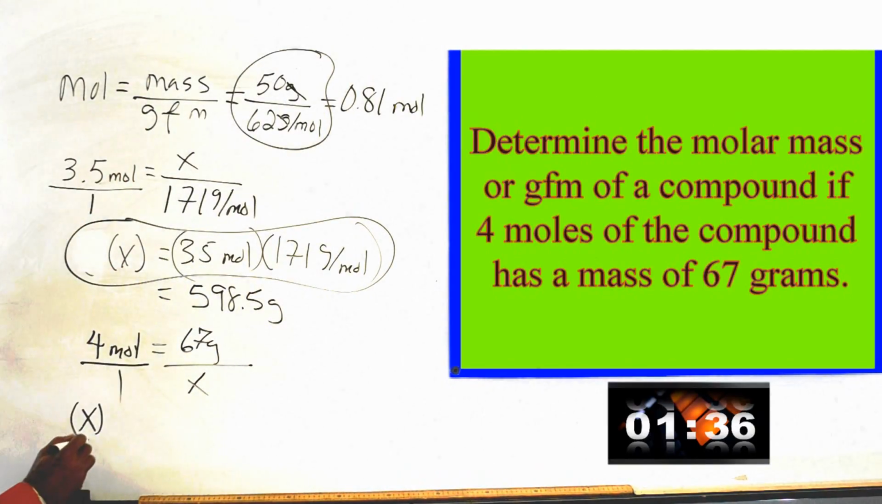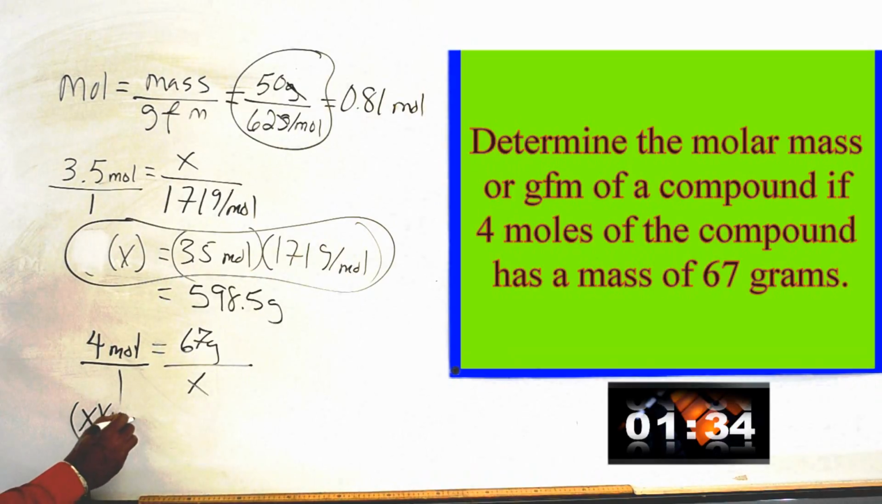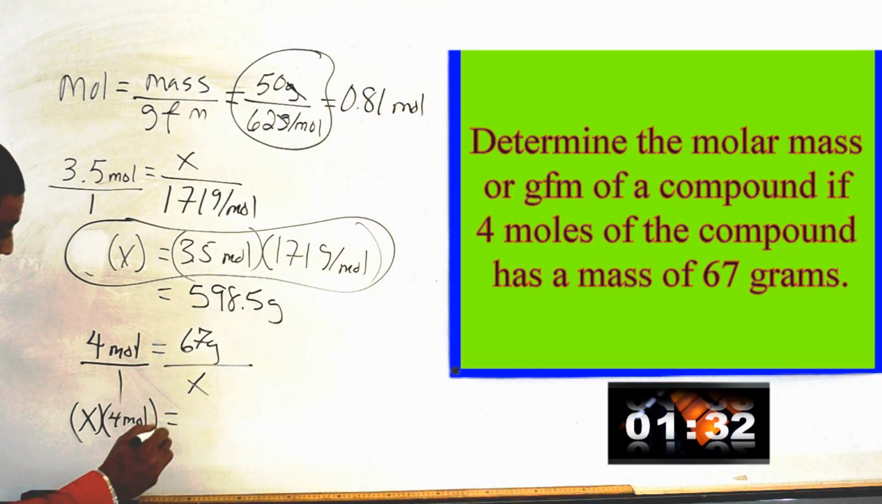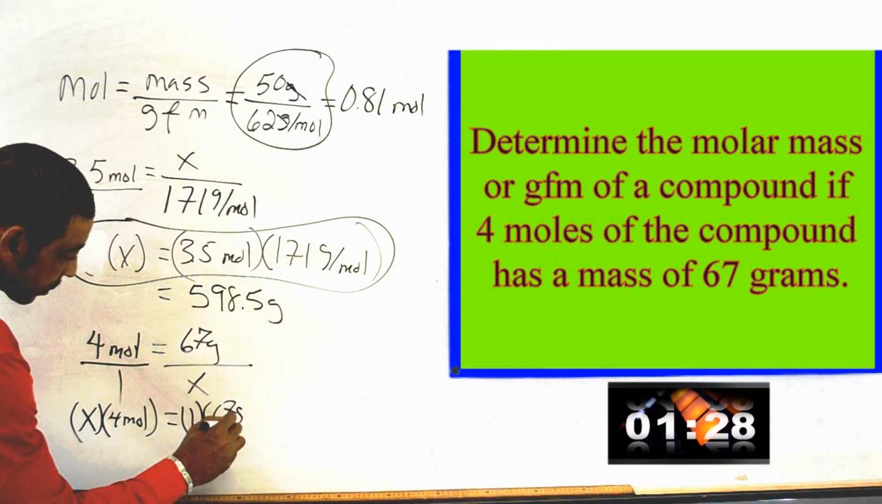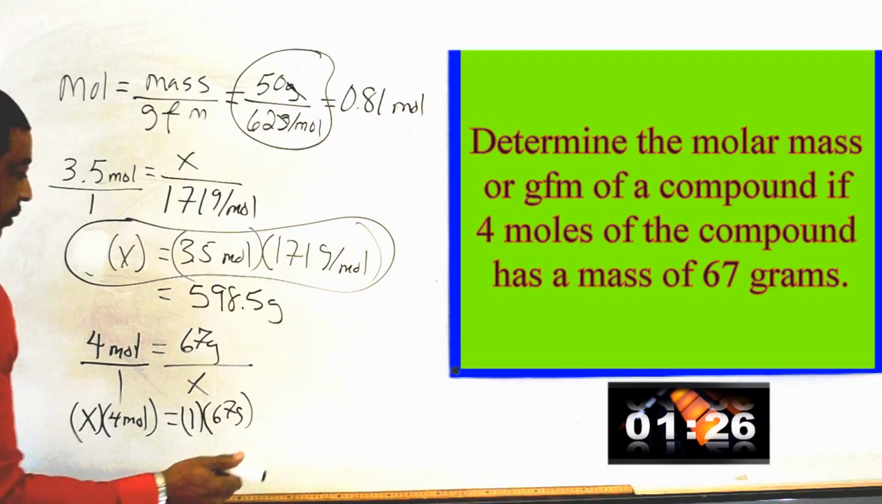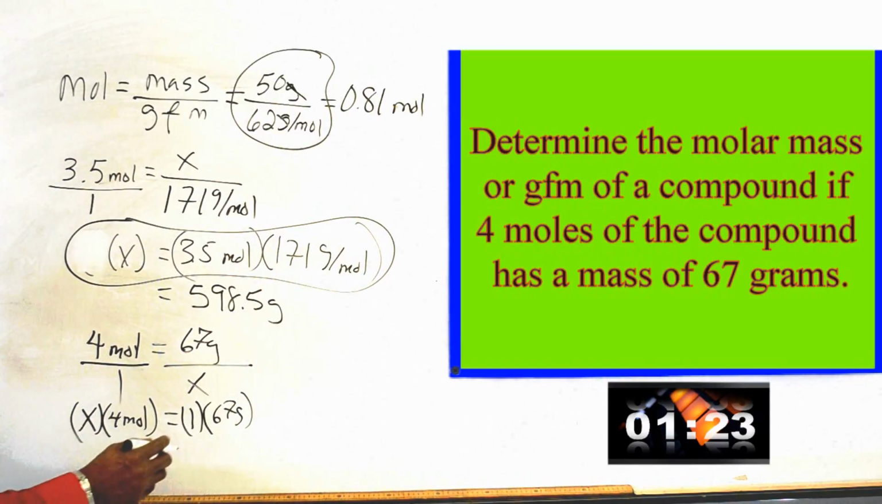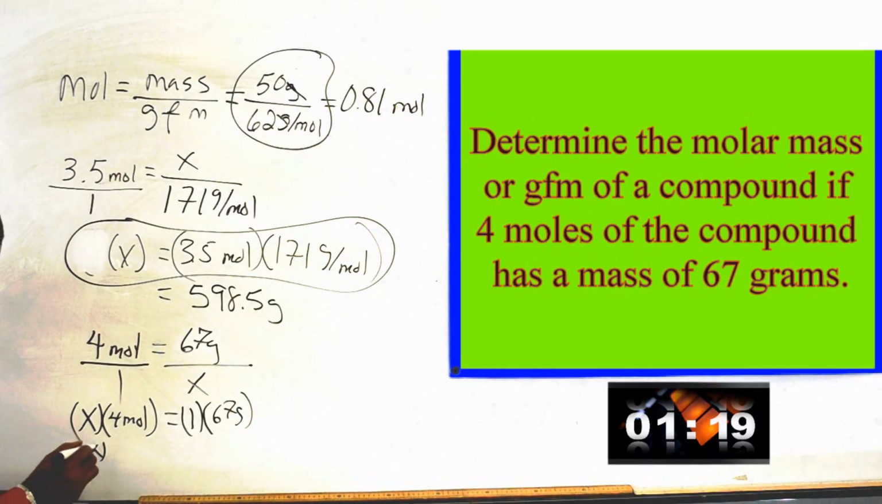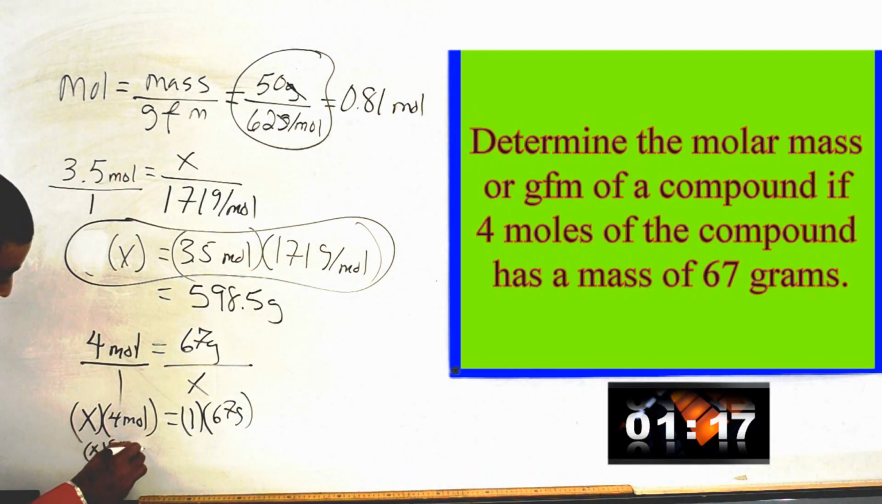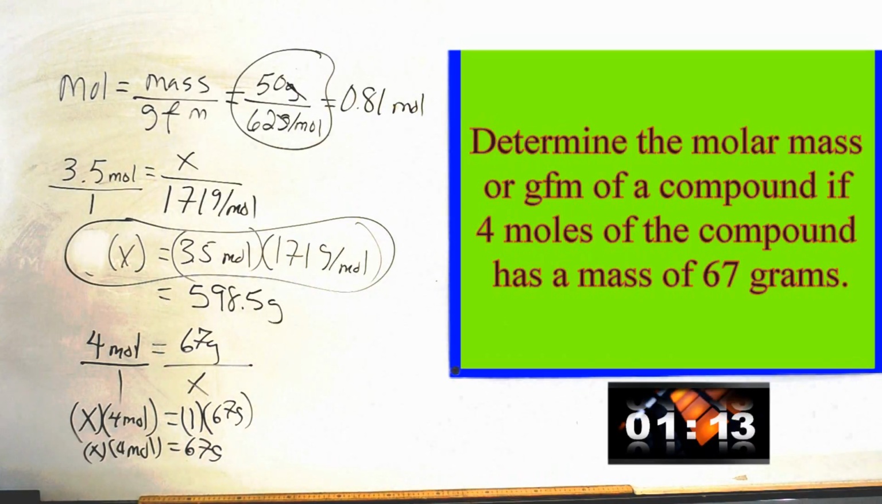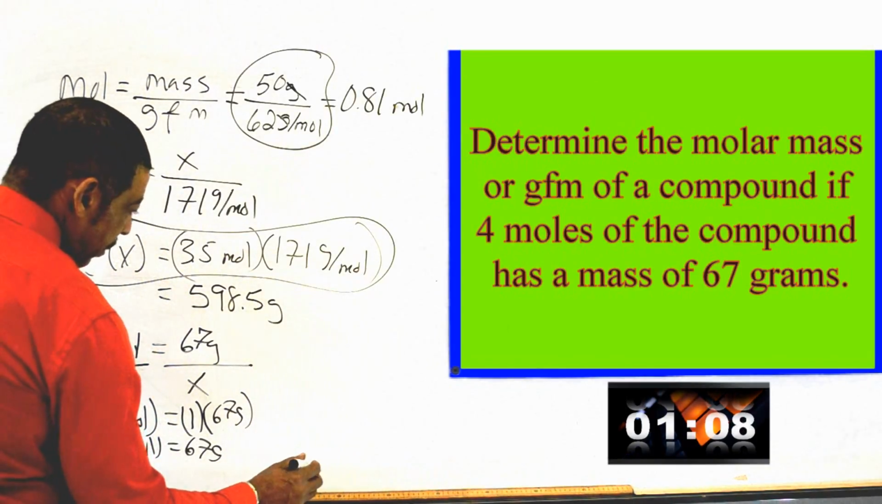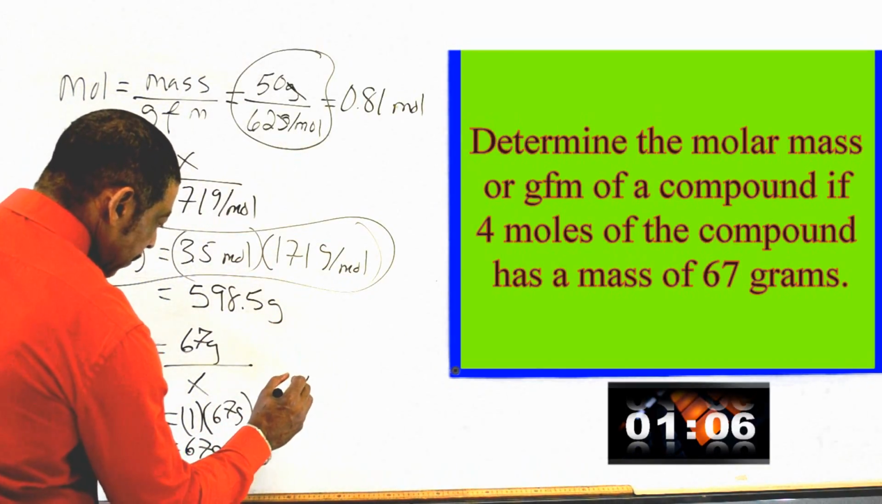X times 4 mole is equal to 1 times 67 grams. All right, now clearly 1 times 67 is 67. So this will simplify to X times 4 mole is equal to 67 G. And so to solve for X, we simply divide by 4. So the answer will be, so X will equal